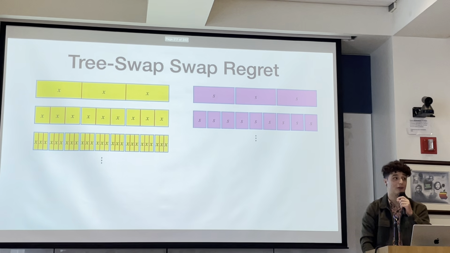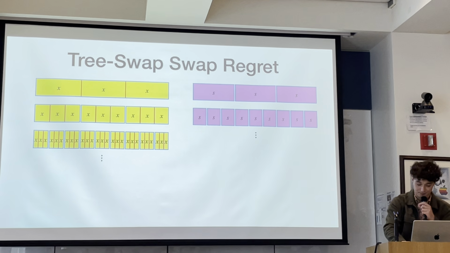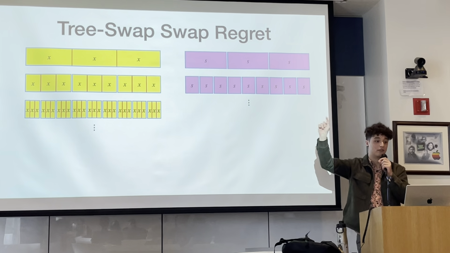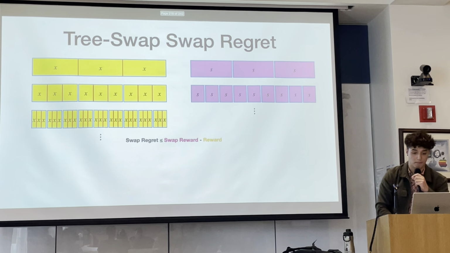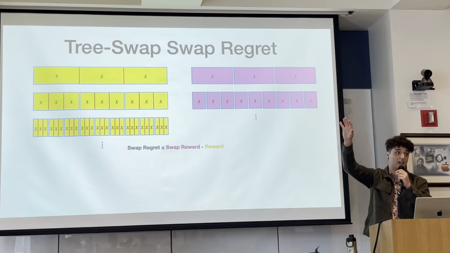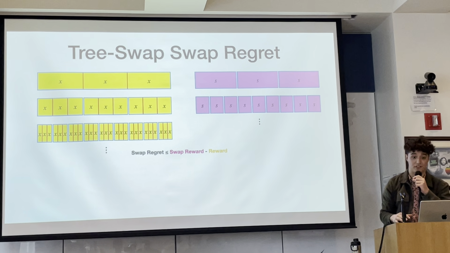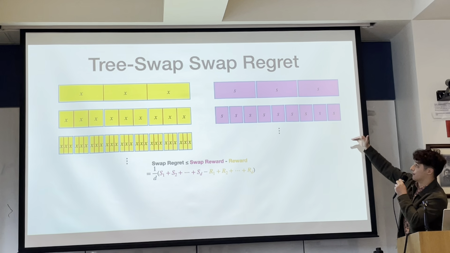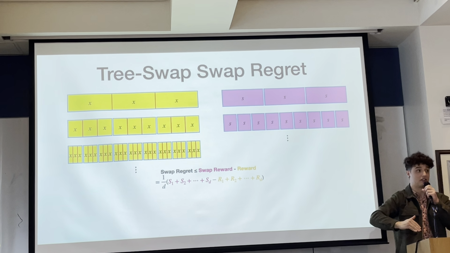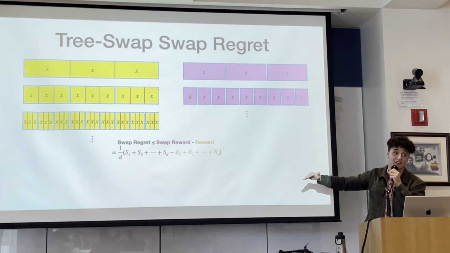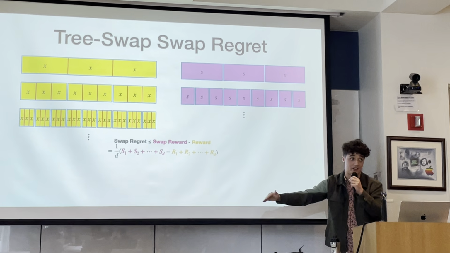Cool. So in total, you add it all up, and this is what we're looking at. It's all the best fixed actions over intervals of time versus what the algorithm achieved, right? The swap regret is going to be the average reward of this whole right side versus the average reward of that whole left side. We can break that down into the reward these algorithms are averaging over these layers. So we're comparing the average reward over these layers versus the average reward of all the layers on the left.